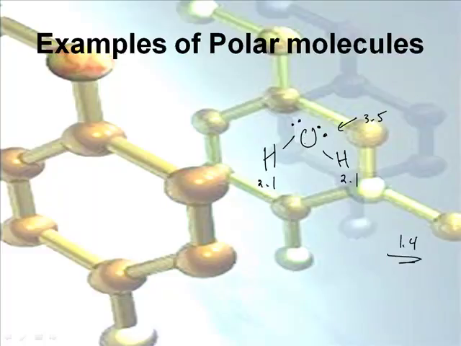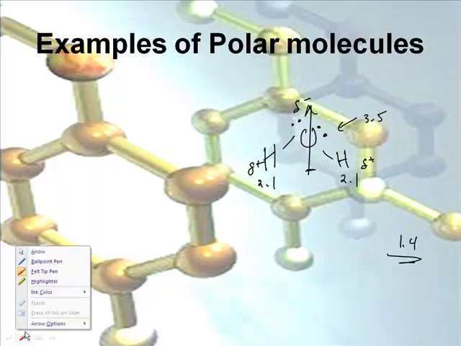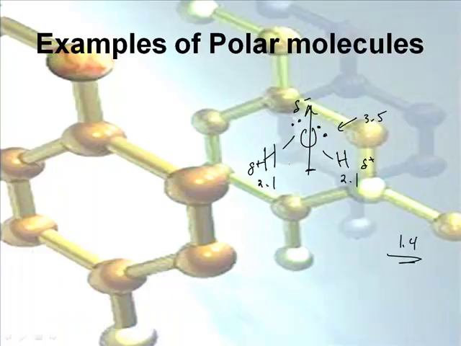Because of the shape, it's going to cause this molecule to be polar. What you do is find the geometric center of positive and negative charge. Since the O is more electronegative, it gets a slightly negative charge, and the hydrogens are slightly positive. Where's the center of negative charge? It would be on the oxygen, because that's the only thing that has negative charge. The geometric center of positive charge is right here in the middle. So I've got a positive here and a negative here. I've made a little magnet, haven't I? A little dipole moment.